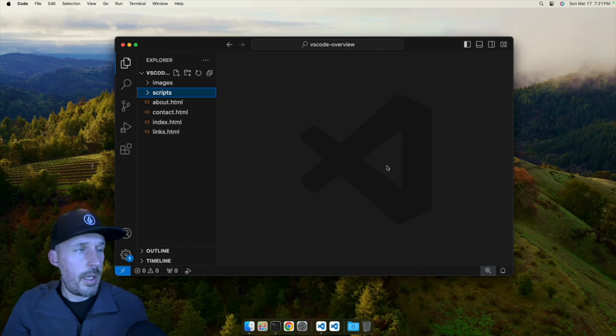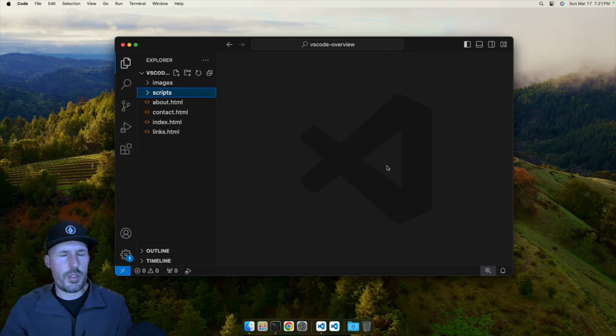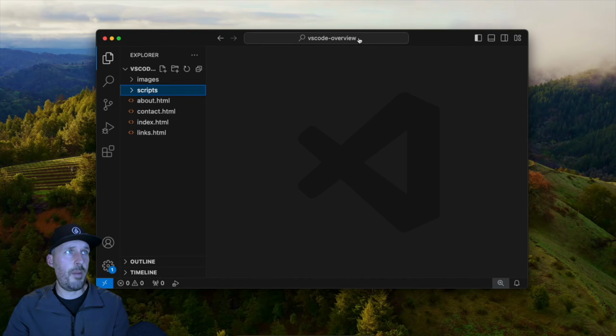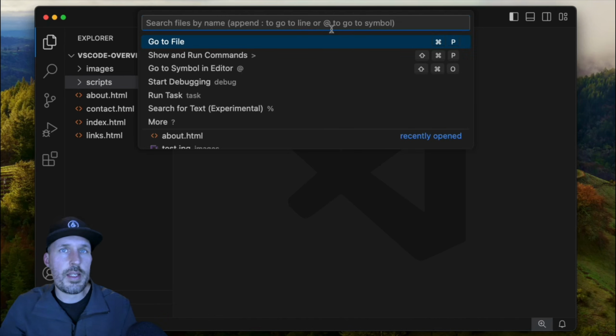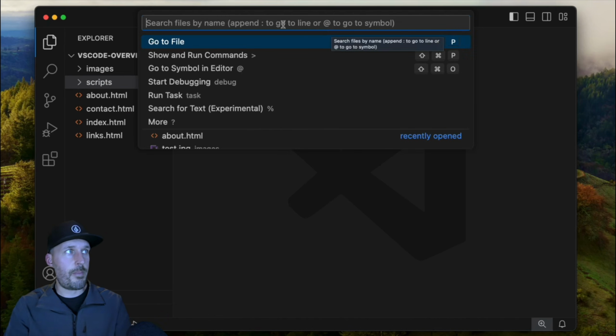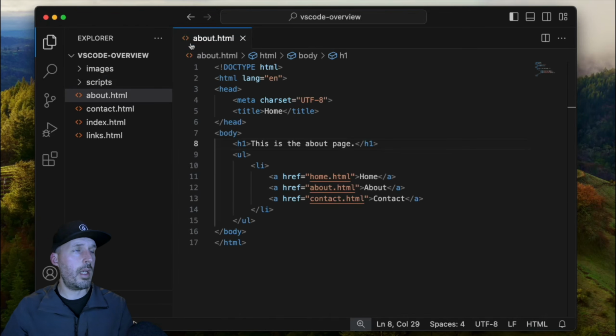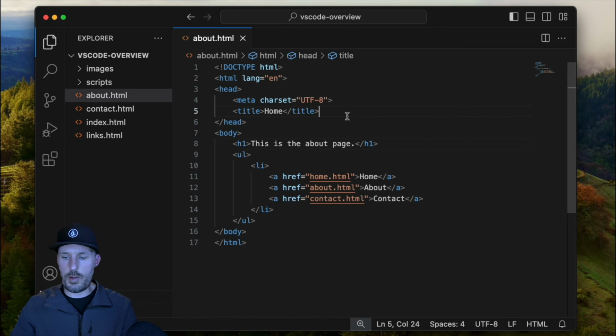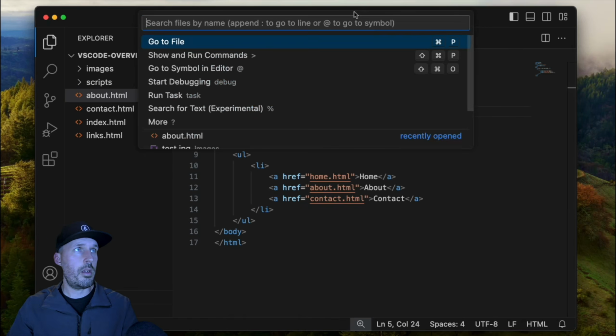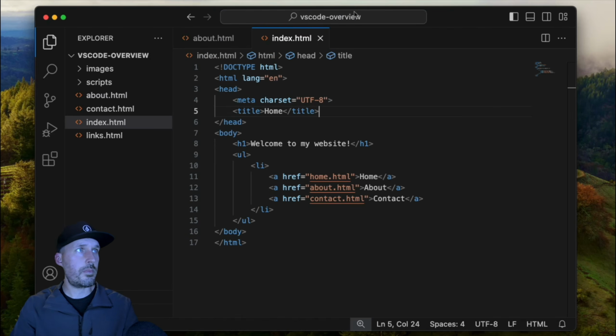Another thing that we can do inside of Visual Studio Code is take advantage of the search bar. So up here at the top, if I click on this, it will allow me to search all of my files by name. So for example, if I wanted to open my about file, I can just start typing about. There it is, it shows up right there. You can hit enter or click on it, and it will open that file in Visual Studio Code. So this is pretty cool. So rather than navigating around and trying to find your file, if you know what the file is called, so if I want to edit my index, I can go up here, just start typing index,